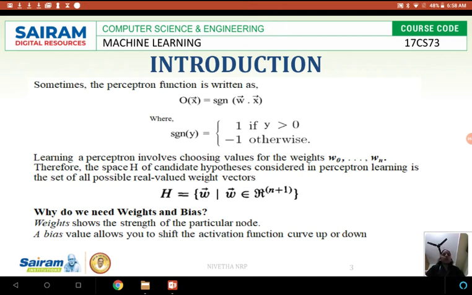Weight is nothing but it shows the importance of the features. It is going to mention the strength of a particular node. The features we use and give through the input are determined by their strength, and we assign that strength to the weight. And bias is implemented to perform a function, that is the activation function, for summarizing your curve. It is going to categorize the data to a particular range.